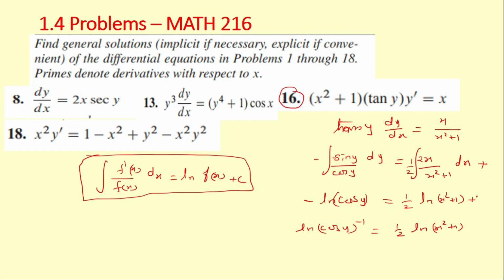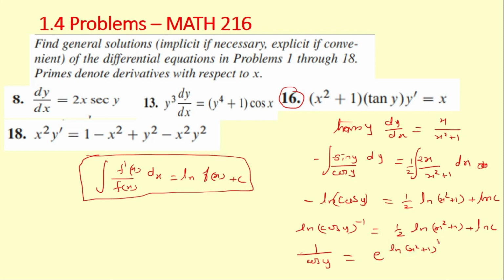So we can write here, after integration, ln c plus ln c. Now we can remove ln on both sides by choosing exponential, isn't it? It will be e power ln. So the left hand side it will be cosine inverse. It will be 1 over cosine, 1 over cosine. The right hand side will be e to the power ln of x square plus 1,